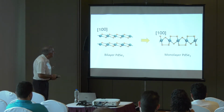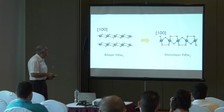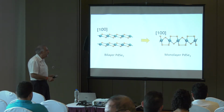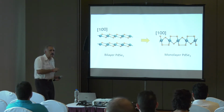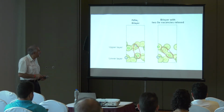What it is, you start with this layered structure, and when you try to make a monolayer out of it, you actually take 2 of them and they fuse into a monolayer with a different stoichiometry, which means that you lose selenium. That was the hint that told us about how it works. So with theory, we demonstrated